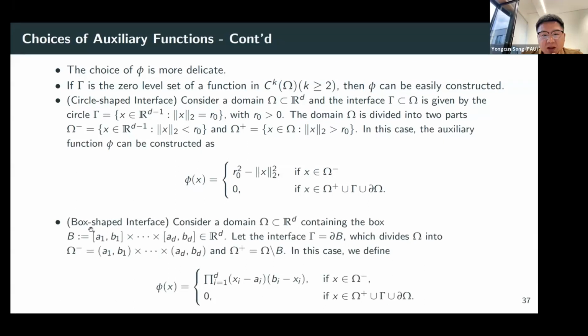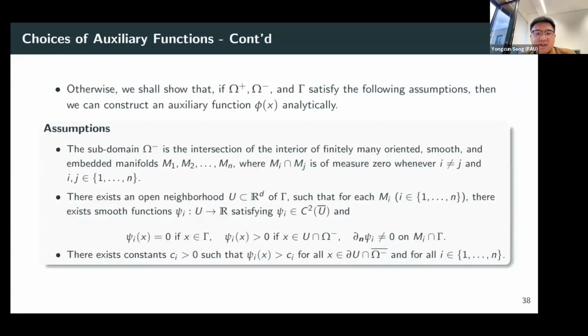And another example is a box-shaped interface. The idea is the same. Just take the function in omega minus, and then we take zeros. But if the interface is not the 0 level set of a smooth enough function, we have shown that if the domain, the subdomains, and the interface satisfy the following assumptions, then we can construct an auxiliary function phi x analytically. Maybe this assumption looks a bit complicated, but the main idea is,